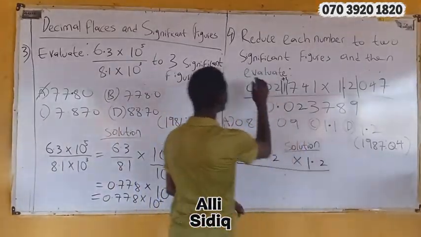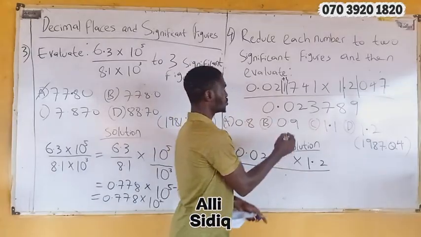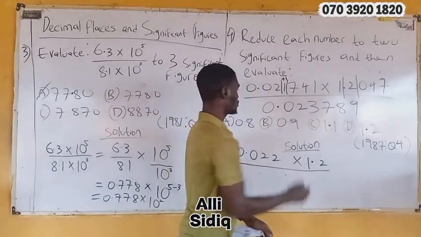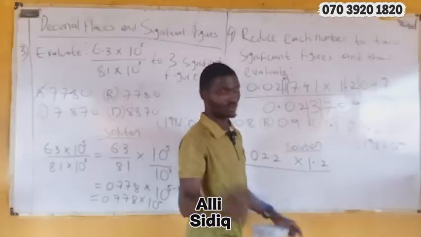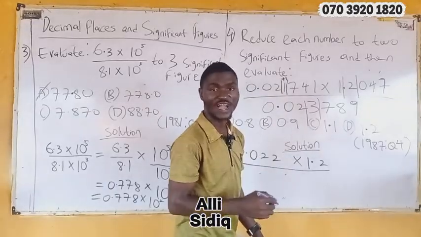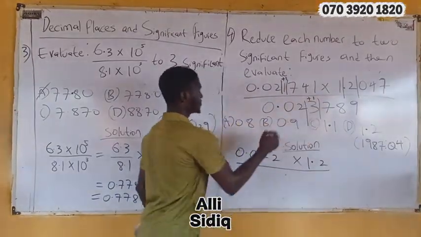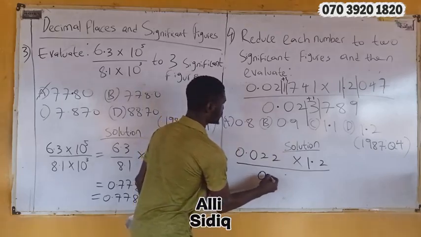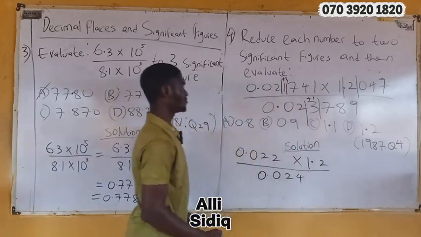over, starting from the first non-zero, which is 2, to 2 significant figures. 1, 2. I have 7 here. I'm going to add plus 1 since it is 5 and above. Add plus 1. So I have 0.024,